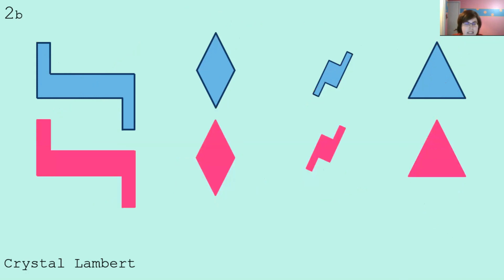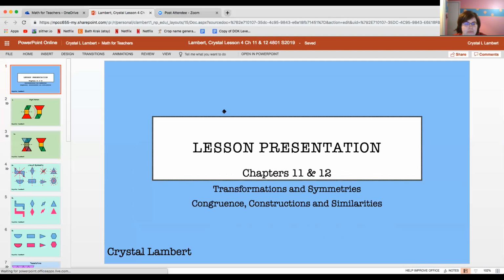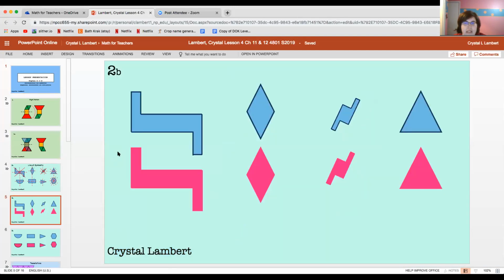Okay, so now I'm going to take us off of this presentation view and we're going to go down here because I had some not nice looking things when I was trying to create the animation. So we're just going to do it manually. So here we want to see, does it have a rotational symmetry? Now, with rotational symmetry, you're going to rotate it 180 degrees. If it has rotational symmetry, it will look exactly the same at 180 degrees as it did at 0 degrees, or the original figure. So let's look at this pink, and we're going to rotate it